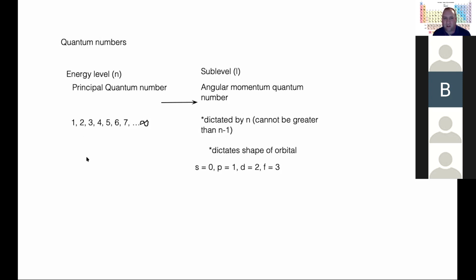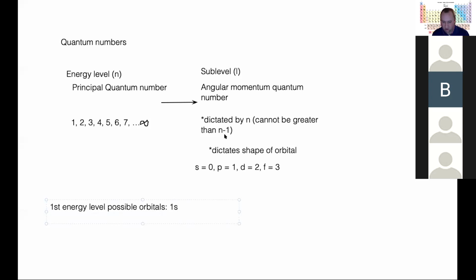So in the first energy level, the only possible orbital is the 1s, because I can only have a sublevel equal to 0. I can't have 1p because the quantum number for p is bigger than what's allowed in the first